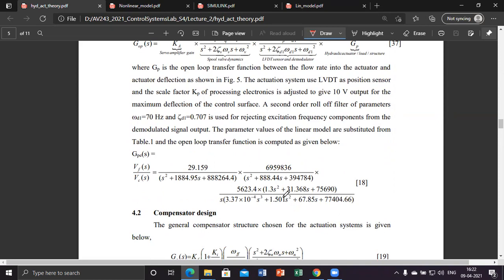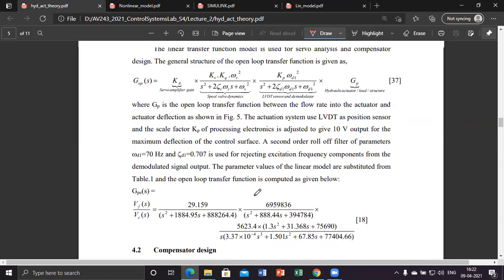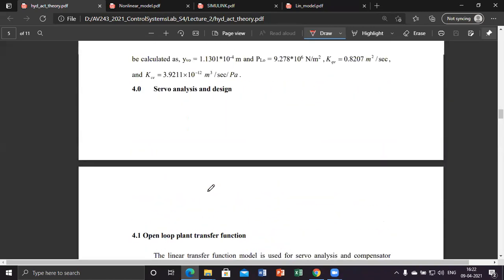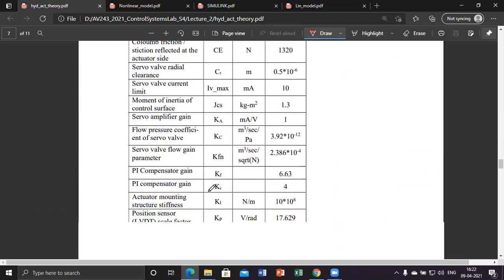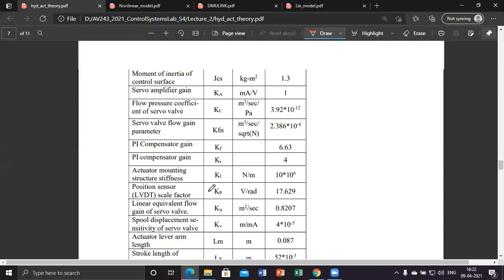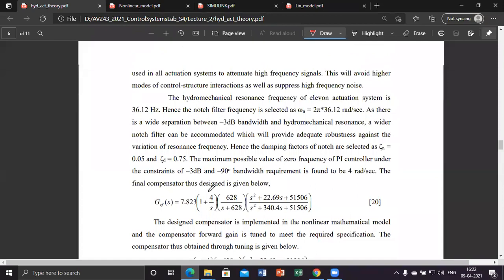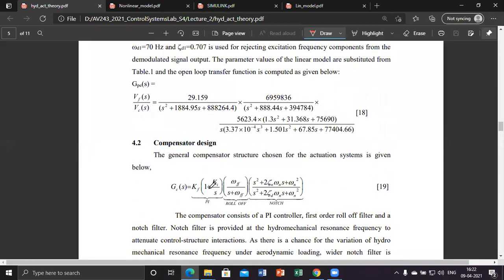And finally, when you analyze and substitute the values, you will get such a transfer function. So you can recreate this transfer function by substituting various elements and giving it as a table. All the element values are given. This full table is there. Substitute the values and write the program, you will get this transfer function back.